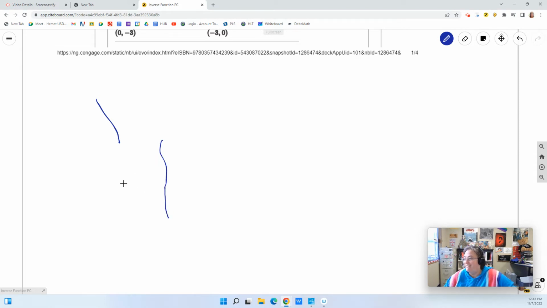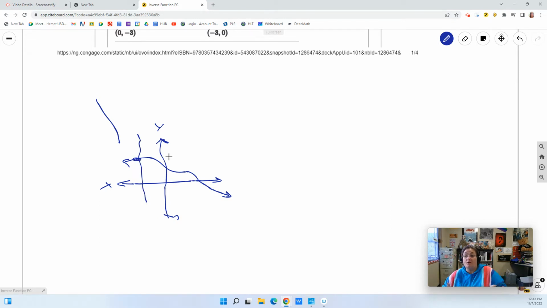That's really bad, but it's okay. You'll get the idea. So say I have a function that's graphed out, right? This is my very crooked y-axis, and this is my pretty straight x-axis. And say I have something graphed in here, right? And we know it's a function if it passes a vertical line test. If I can drop a vertical line anywhere in it and it only crosses at one point, we know that